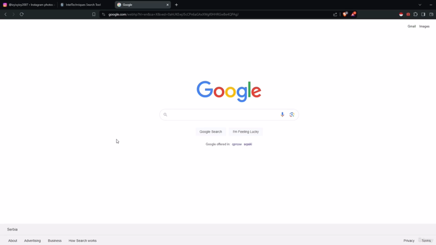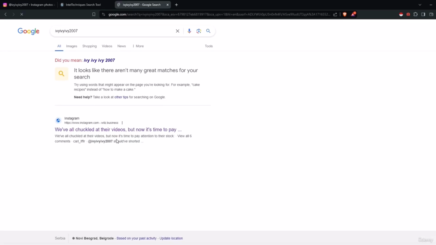First off, we can do it by simply pasting the name in the search bar. However, if we get a lot of false positive results, we can just put quotes around the name. So for example, I'll paste in our username, I'll search for it, and we get something from Instagram. Then since those words are not appearing all over the page, we don't have to use quotes. But what have we found here?